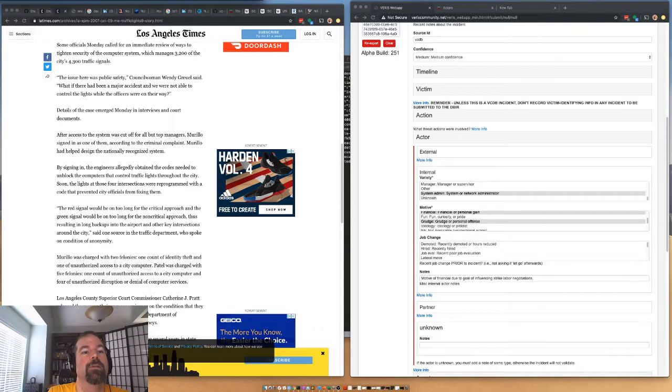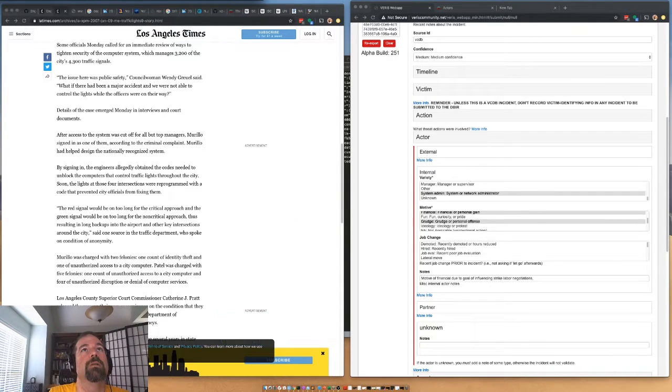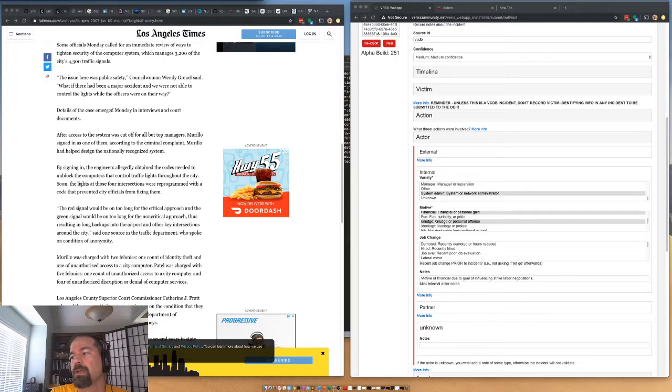So this is in actor.star.motive. The difference between ideology and grudge is that grudge is personal.